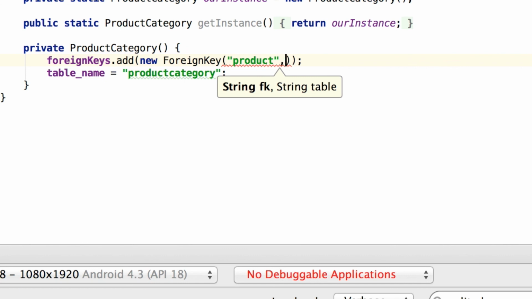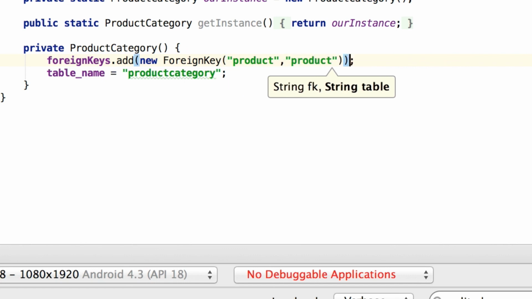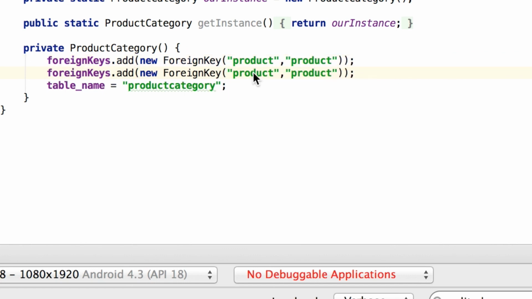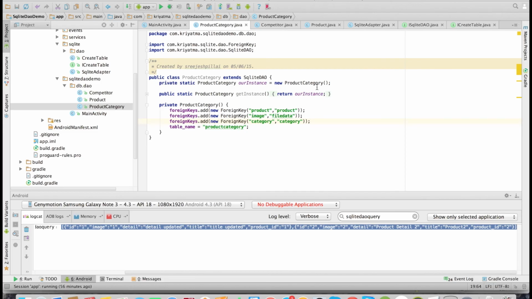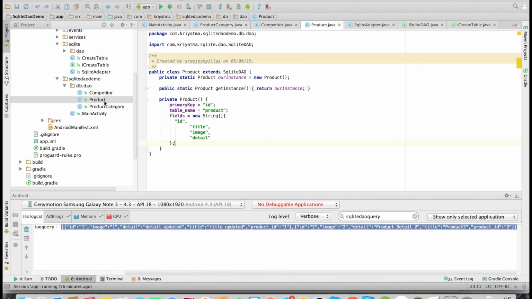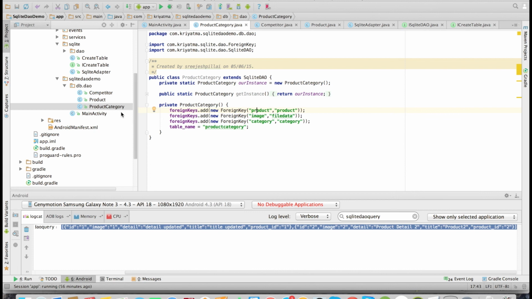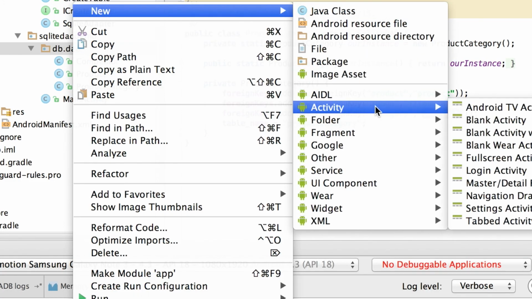So in our DAO class, we will have to add the multiple instances of the foreign key class to the array list called foreign keys. So here in our product category class, we will have three foreign keys, that is product, file data and category. We will be joining with these three tables. Now let's create the DAO classes for the category and file data tables.